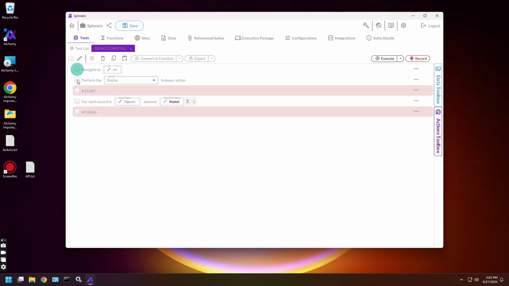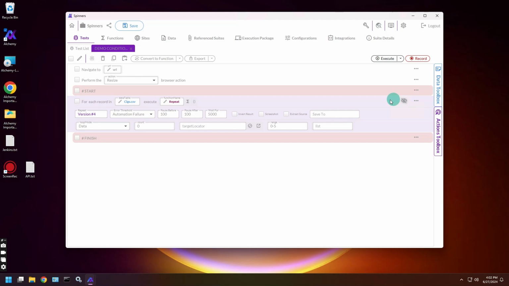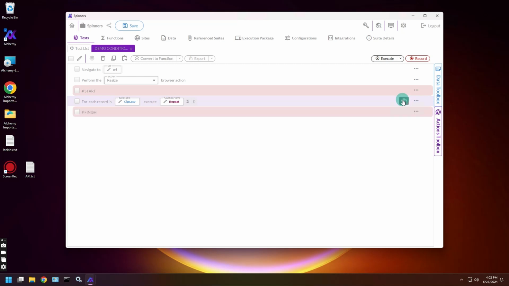Back in my test, I'm going to do it for each of those 12 rows, execute the repeat function. Before we go there, I made it a little bit shorter for us here. I'm just going to execute rows 1 through 5, which is a 0 through 5 range here. Consequently, if you don't know how to come to that conclusion that it should be 0 through 5, you can